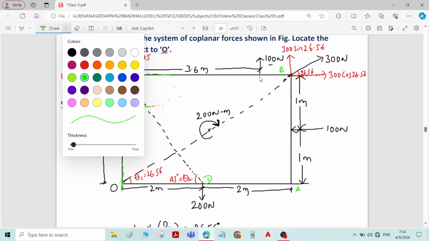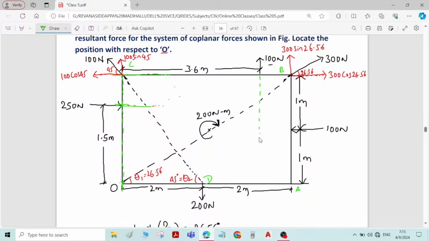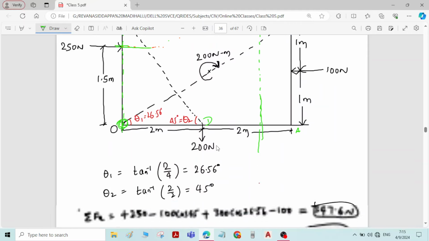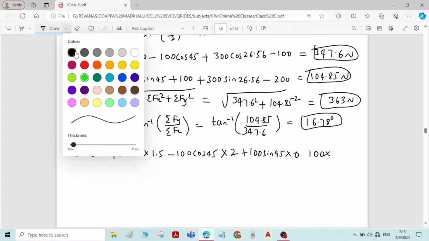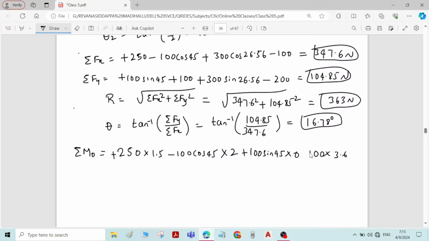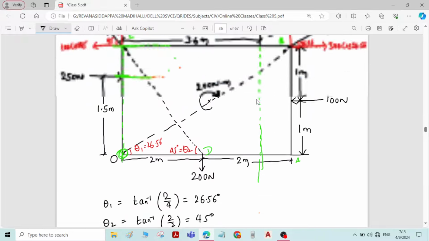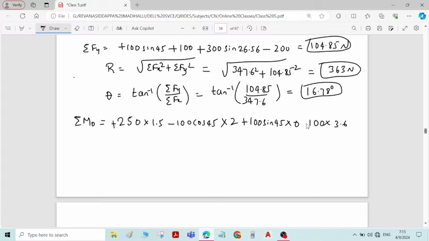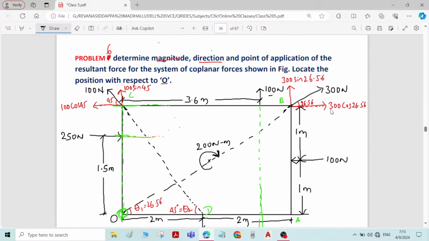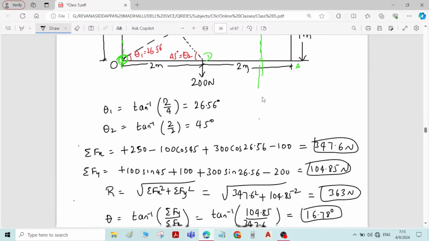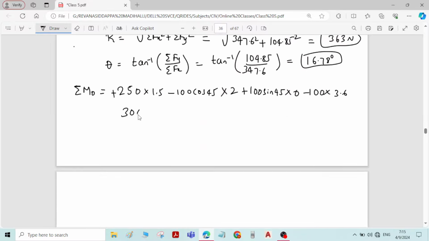First you draw the line of action. So this is the line of action of the 100 Newton force, right? We have the point O here. Distance of point O from the line of action is how much? It is 3.6 meter. And about point O, if you apply an upward force at this edge, the plate will rotate in anti-clockwise direction. Sign is minus. Now you take this horizontal component, 300 cos 26.56 force, into, what is